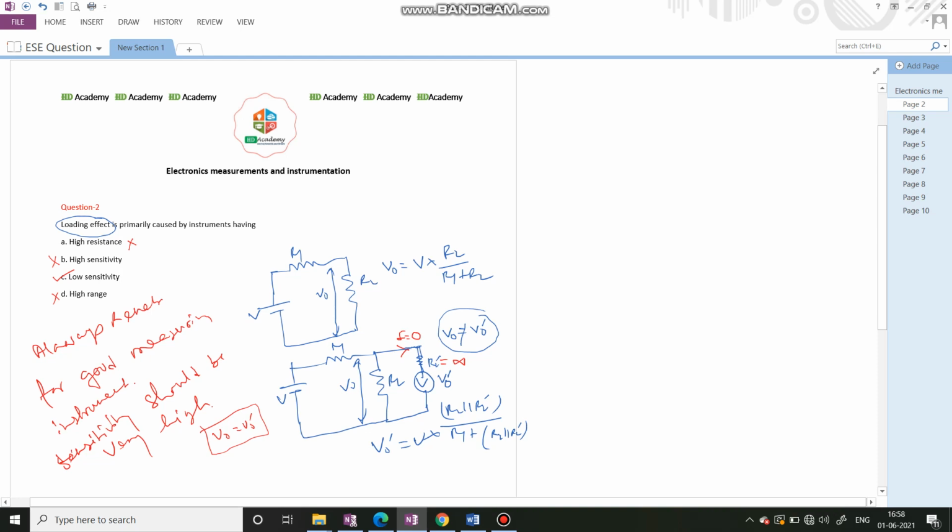Sensitivity is the ratio of the change in output value divided by the change in input or measured value. Okay, so for this question